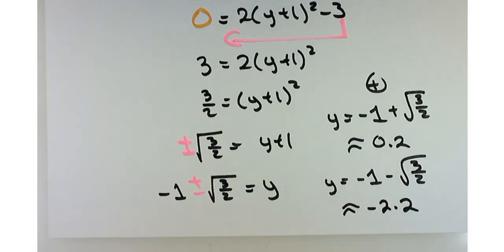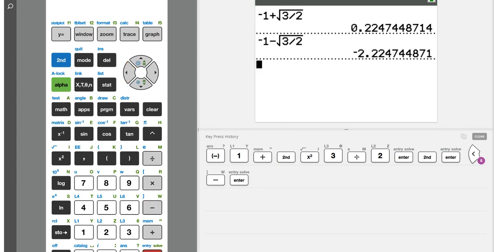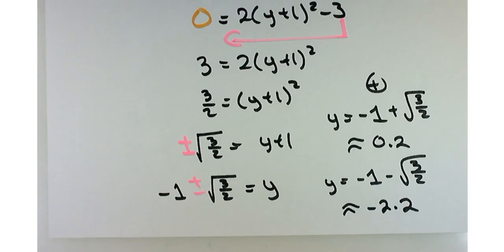Quick pro tip for you on getting that second one. If you hit the second key, then the enter key, it'll bring up your previous calculation. Just go back and change it to a subtraction. There's your -2.2. So, all right, let's put those together